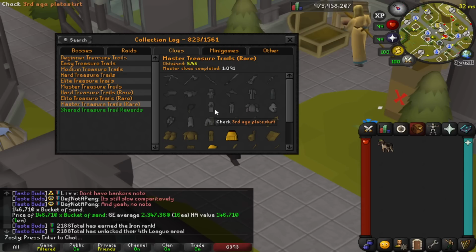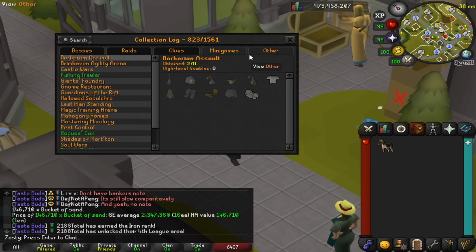That was one of my mini goals, but now that I have the Bloodhound, I'm not going to dump money into just getting third age. It's not important enough for me. Mini games, who cares? Other...